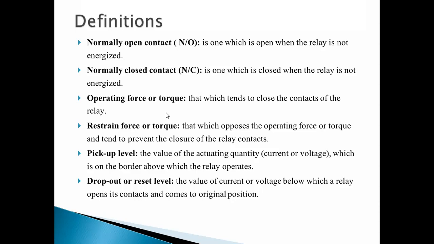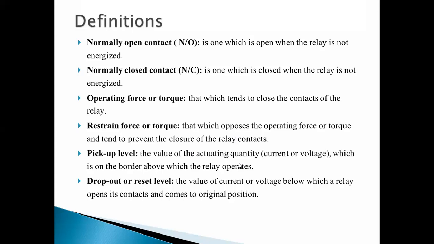Then the next one is the pickup level. So what is pickup level? Actually, this pickup level, if you take the example of a current, then when any fault is occurring in the system, at which value that relay starts operating, that is nothing but the pickup value. Or the pickup level means the value of the actuating quantity which is on the border above which